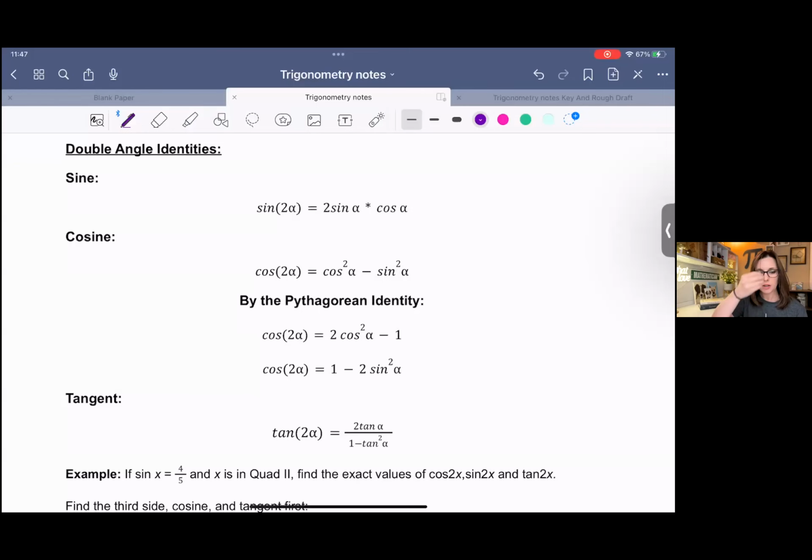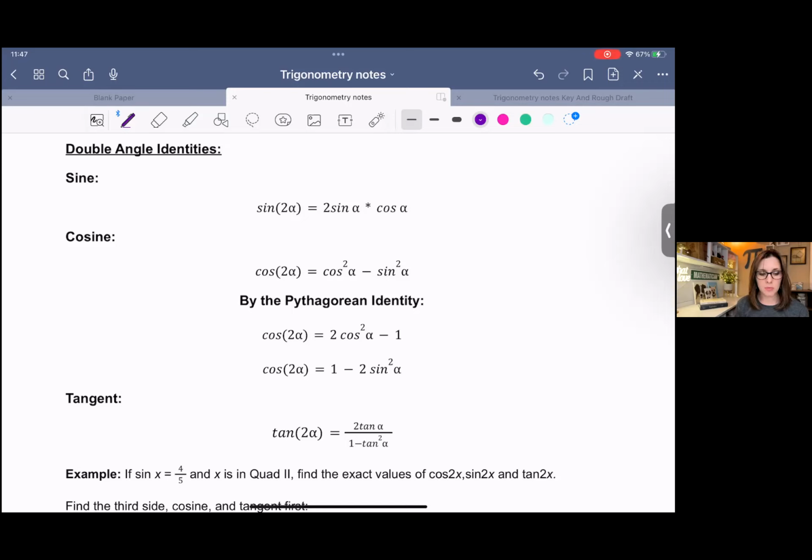Hey y'all, in this lesson, I'm going to teach you about the double angle identities in trig. Here I have listed the identities that we're going to be using today. If you've got your sheet of paper or your note cards, you might want to write these down or highlight these because you will definitely be seeing them. So we have sine, cosine, and tangent. Just take a mental picture, write those down real quick, and we're going to use those to solve